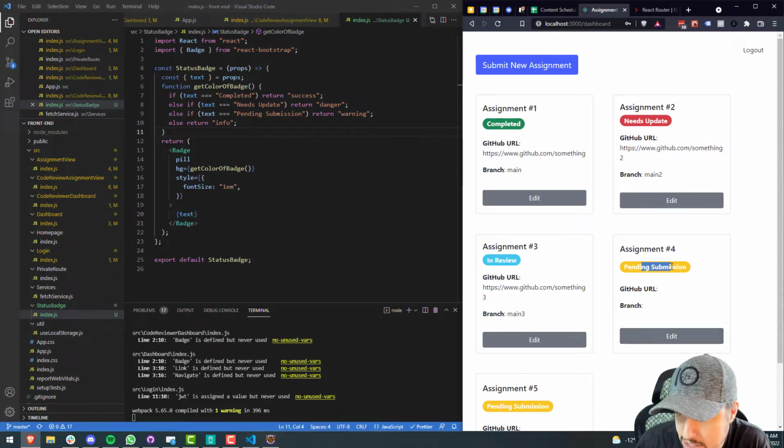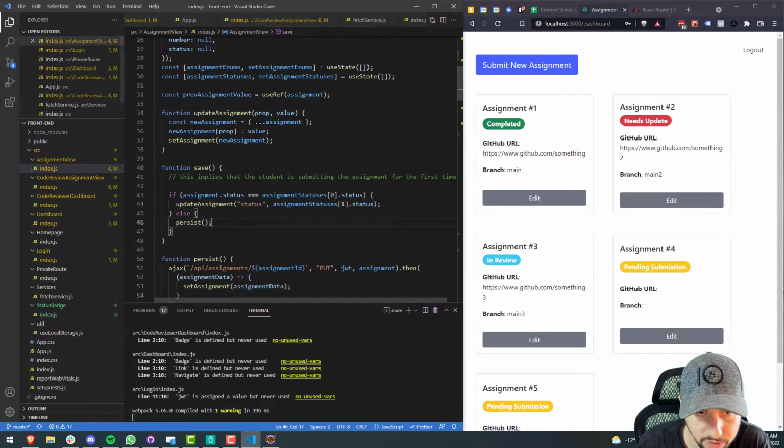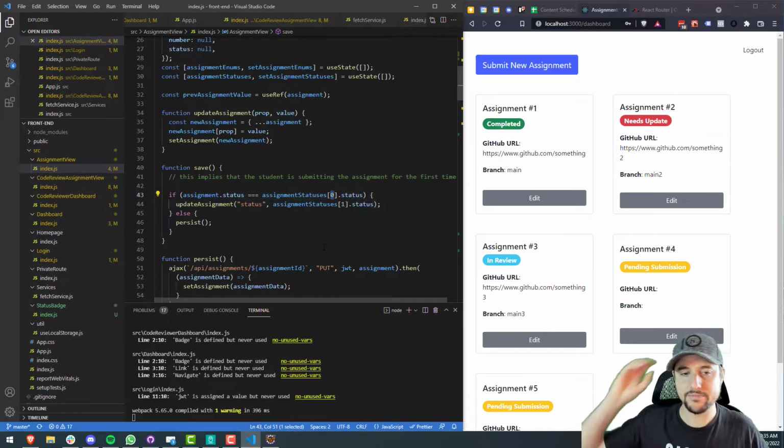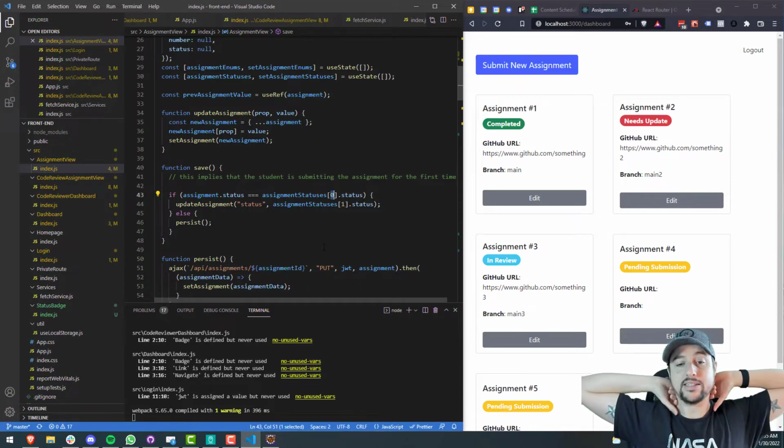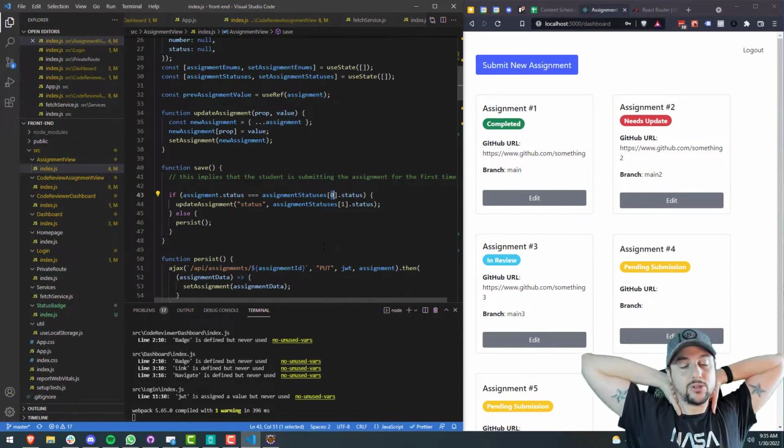Okay, so the pending submission will work, right? So if we say edit and then we say submit, we have a piece of code here for changing the status when it's pending submission. Pending submission is status 0. Now, that didn't work. So instead, we'd have to add one for needs update. But even better